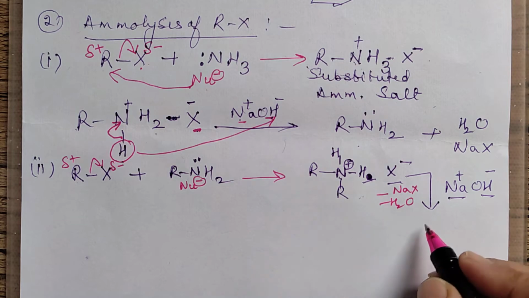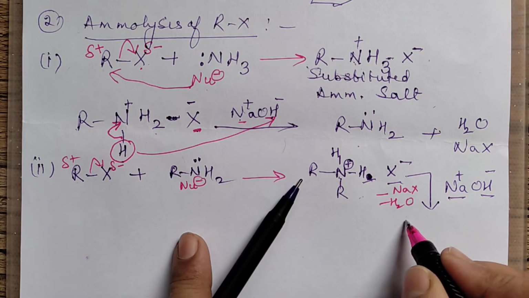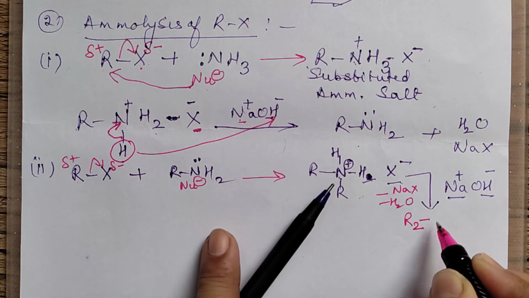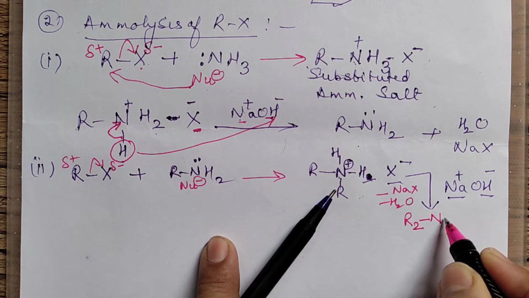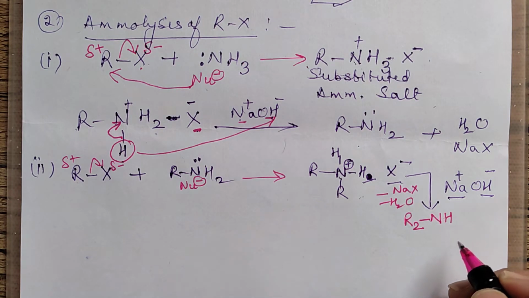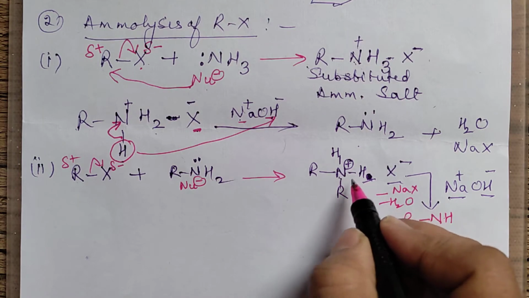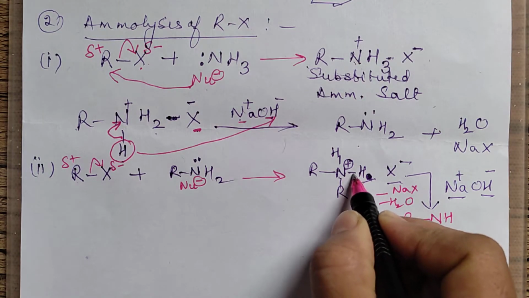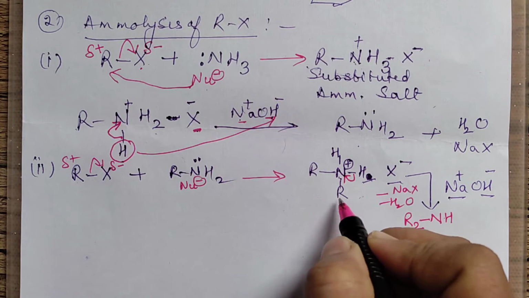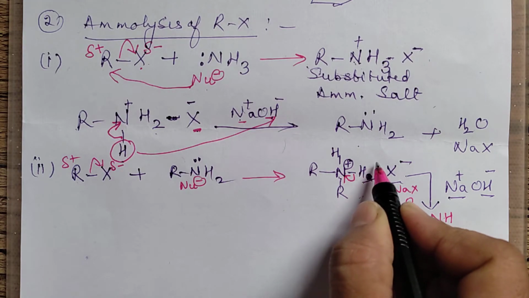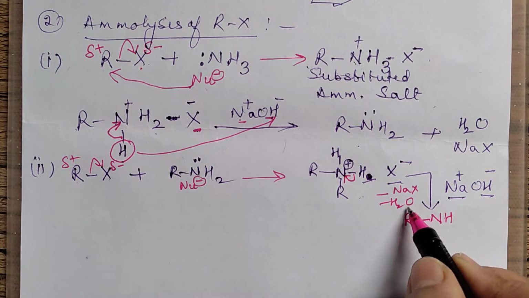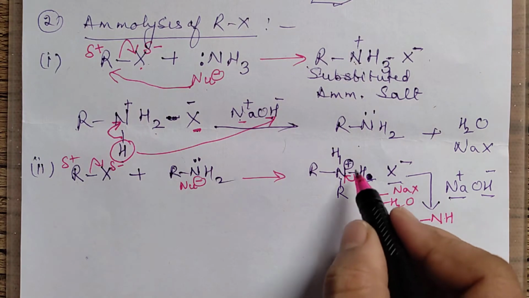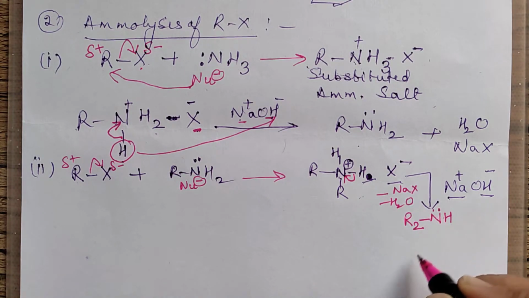And what is left over here? You have 2 R's now. So R2. On this you have N. And you have only one hydrogen left over. And this H, actually what this N does is, it takes this electron pair back from it. That is how the H plus was formed, and H plus reacted with OH and formed water. So this lone pair comes back on it.